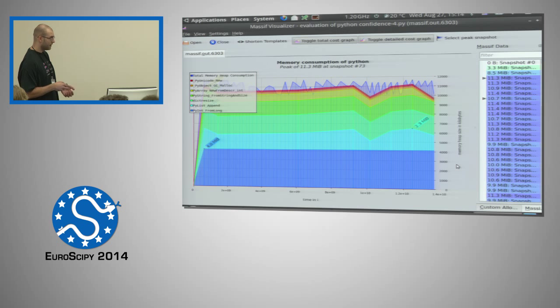Time in steps. Massif runs your program and periodically takes samples, and then it records the breakdown of which functions at that time allocated how much heap memory they were using. To interpret this chart, first, of course, you can conclude that this process used, what is it, like 13 megabytes of memory or 12? No, the peak is at 11.3. So not so much, but